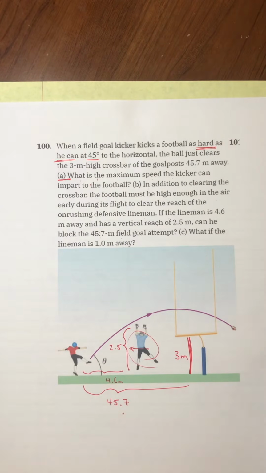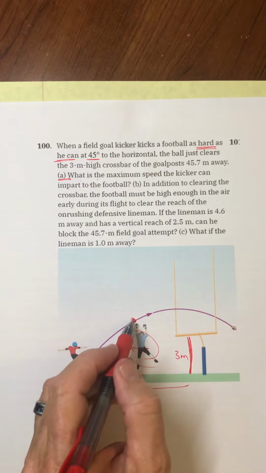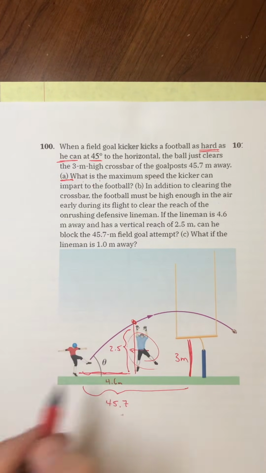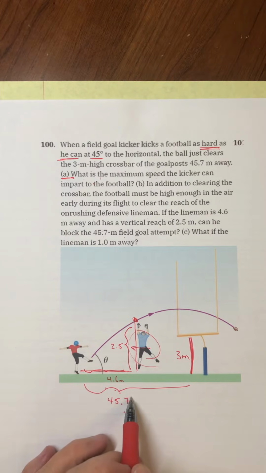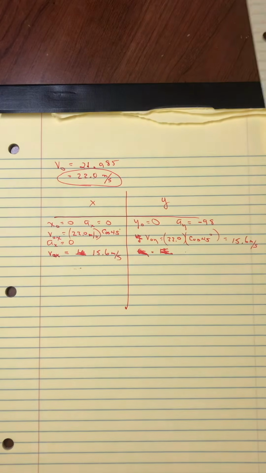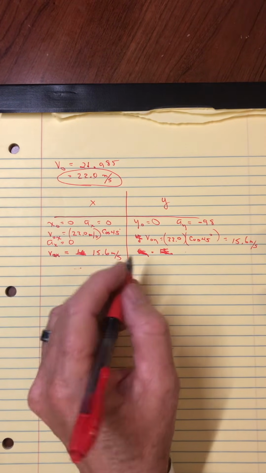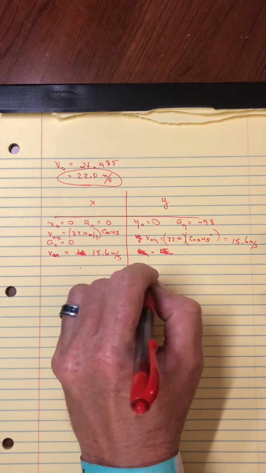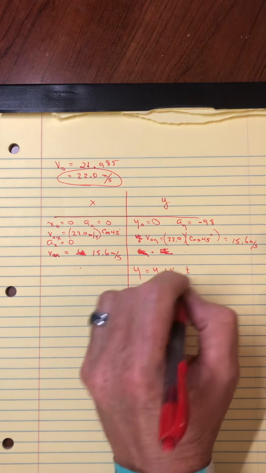So why don't I ask, how high is the football when it gets to the player, which is 4.6 meters away? So coming back over to here, if I'm going to ask how high it is, I would want to use this